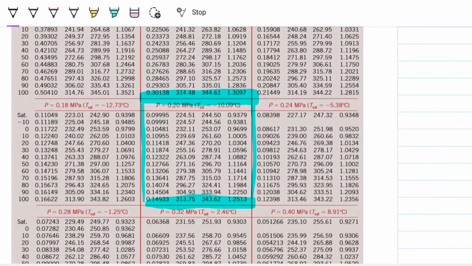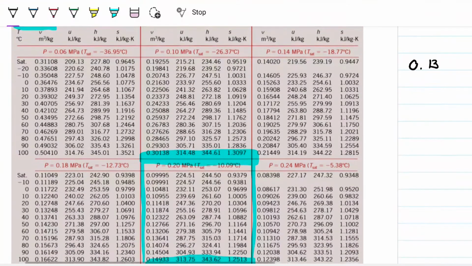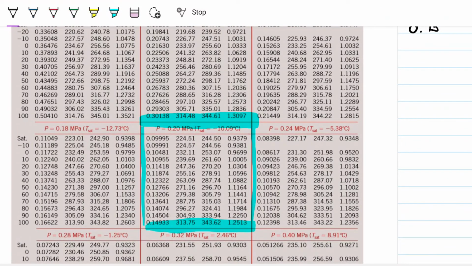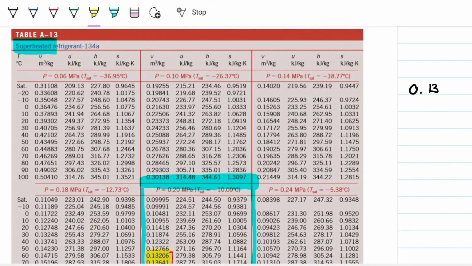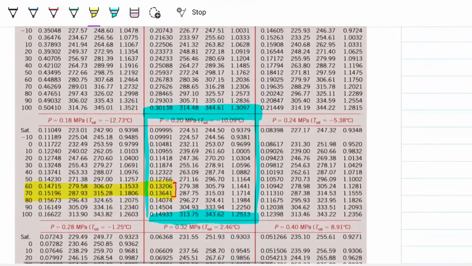And I'm looking at the specific volume, and I'm interested in the 0.13, right? 0.13 is the one that we found for our state 2. And I'm going to know that 0.13 is going to fall here, right? Specifically, we had 0.1348, correct? So it's going to fall between these two values. So therefore, note that I'm going to be reading out the temperature here on this left-hand side. So let's just highlight these guys. Okay, so therefore I know that my temperature of this refrigerant on state 2 is between 60 and 70 degrees